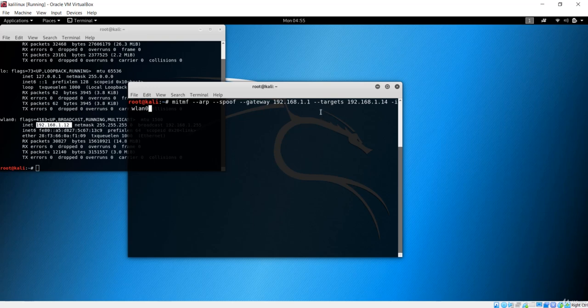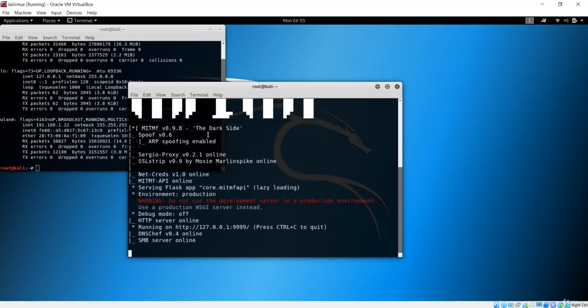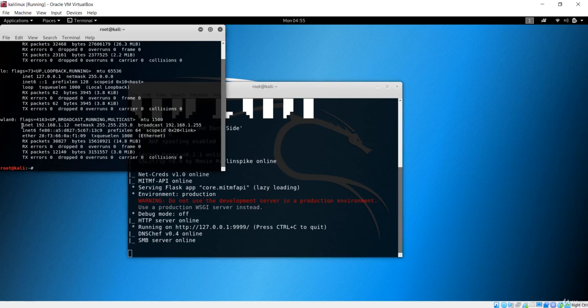So now it is the command that we are going to run, which is the ARP spoof command with this man in the middle framework, and we pass here the gateway, which is the first address of this network. Next is the target. We want to target this Windows machine over here, and the interface is wlan0. So let me hit enter, and now our man in the middle framework is up and running. Now let's go over here and let me show you that this ether is the MAC address of our Kali machine.